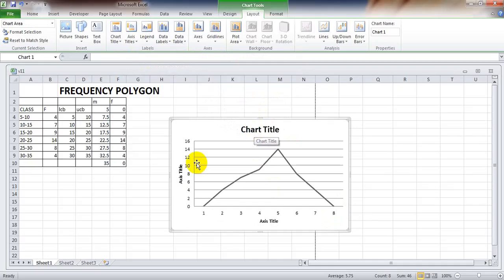Now we have to change the axis title. You can see that I have changed this title and this is not changed. We don't know where this value came from. It randomly gave a number. We have to change this number on the horizontal axis by the mid values we have,